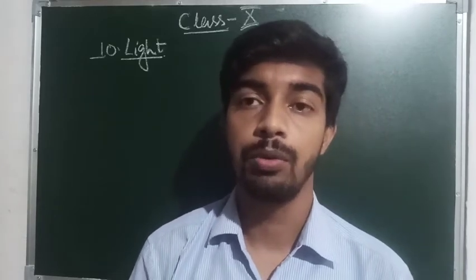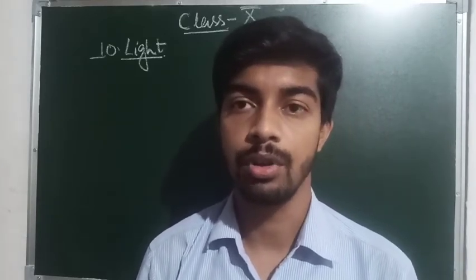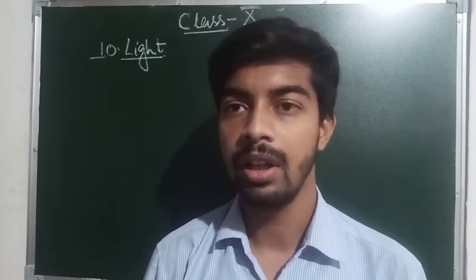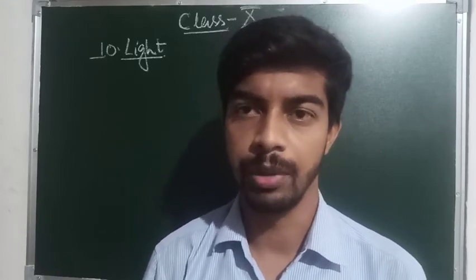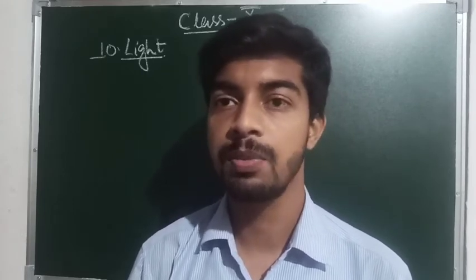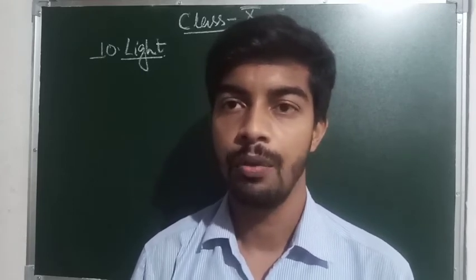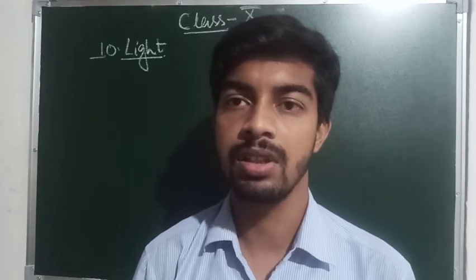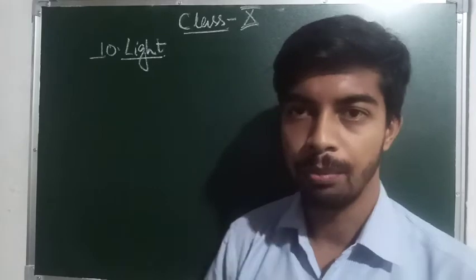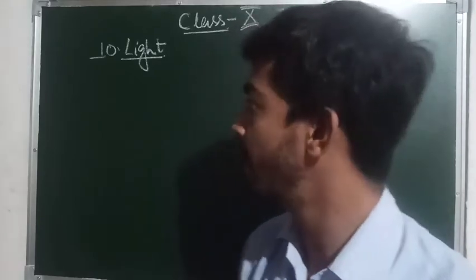In the last video we learned about the ray diagrams of images formed by a concave mirror, and today let us see some of the uses of concave mirror. As per the ray diagrams we got 6 positions of the object for which 6 different images of the objects were formed. Before going to the uses, let us just revise.